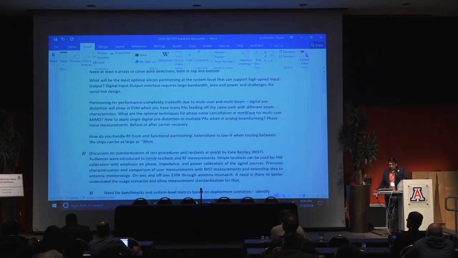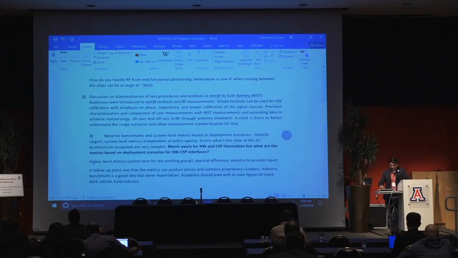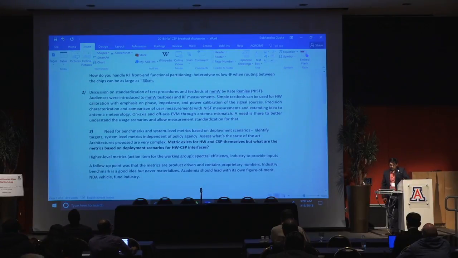Regarding multi-user MIMO, there was a discussion on the hardware challenges. If you have multiple PAs, how can you use digital pre-distortion schemes so that the EVM can be tailored for multiple PAs in multi-user systems? Similarly, if you have phase noise issues, what phase noise cancellation approaches can be applied here? So I'll go to the second point, which was